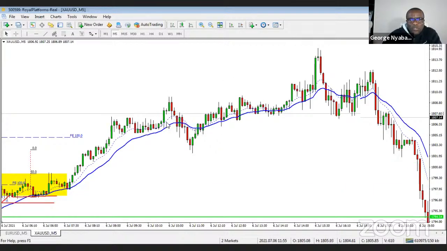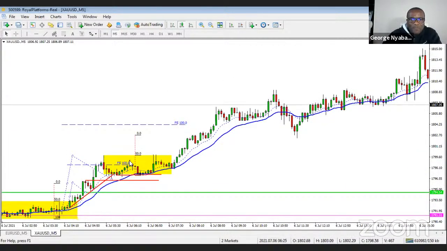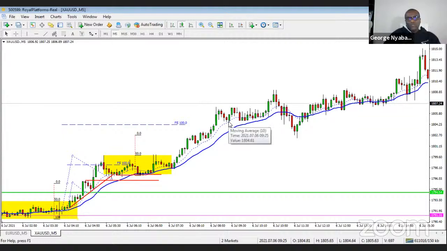Okay, so there's your profit taken, measured move, leg one, leg two. So take out some profits, take them all out if you want. There's absolutely no problem with that. Then the market pulls back. Now this was your hidden level of resistance. The market has pulled back to the 10 EMA. What do you do? Are you going to take that trade? You're right at the profit taking zone.